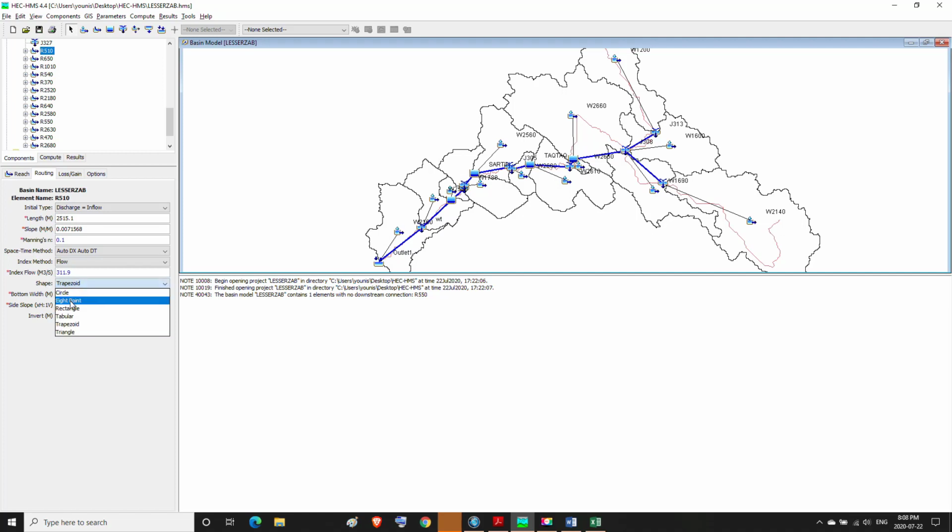Then in the shape we choose trapezoid. Then in the bottom width we type 2, and in the side slope we type 1.